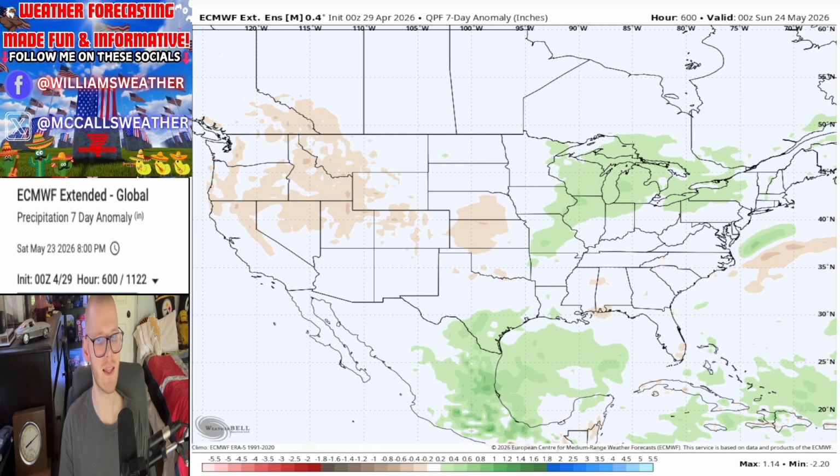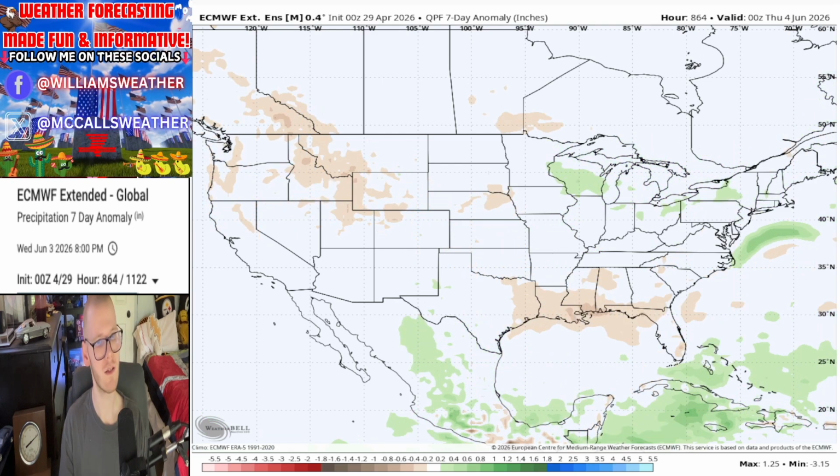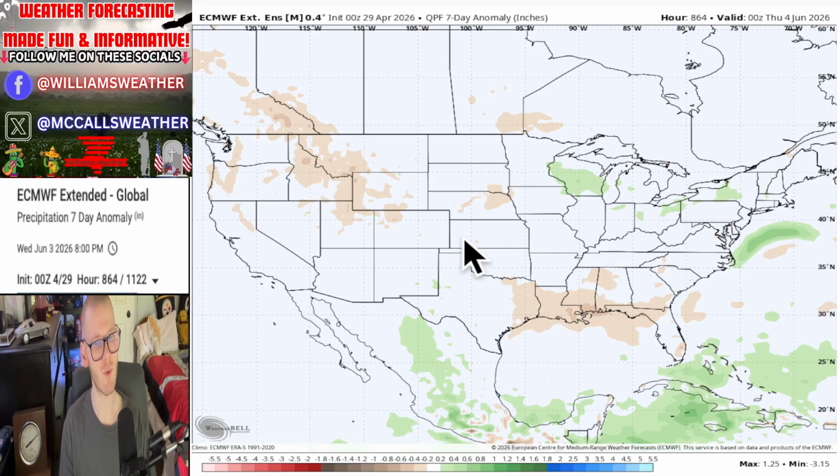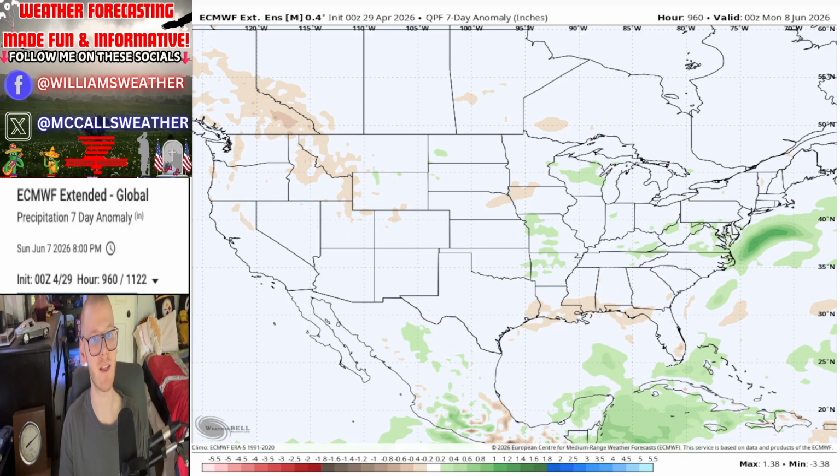Head into the end of the month, we can see still a lot more uncertainties. We can see the Deep South is going to be below average, as well as up here in the Northwest. Upper Great Lakes, Upper Midwest region going to be above average, but there's a lot more whites on the map, so definitely a lot of uncertainties here in the middle and end of the month if we stick with both the Euro and the GEFS models.